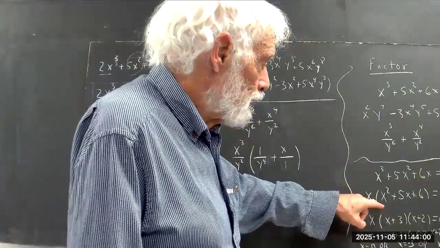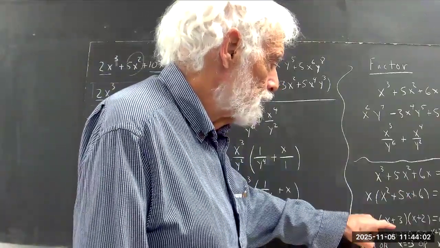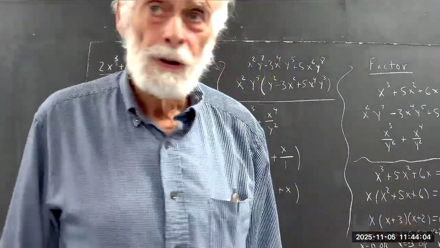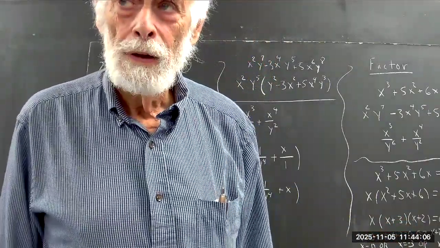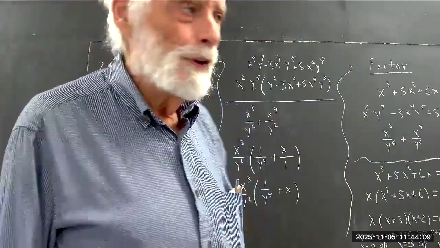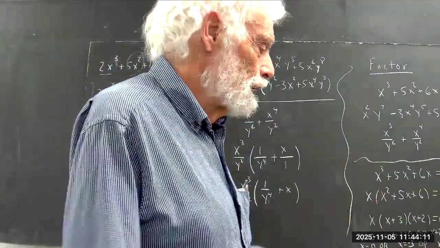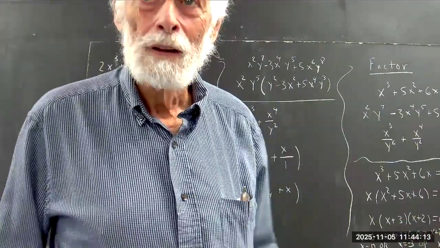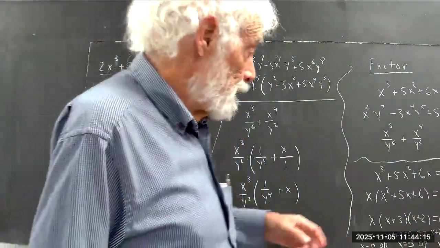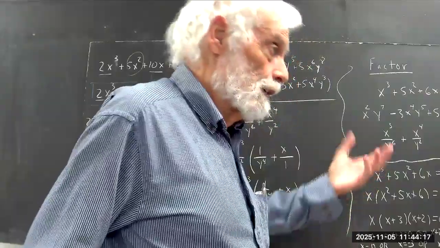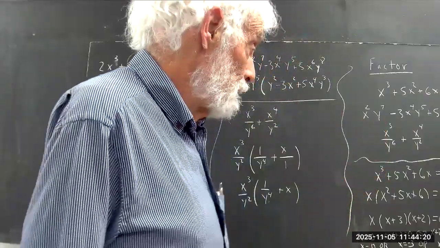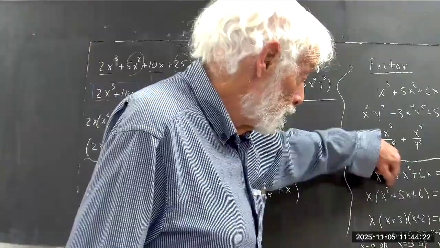Okay. Then I said that x squared plus 5x plus 6 equals x plus 3 times x plus 2. How in the world did I know that? Well, I think I've known this one all my life. Okay, but sometimes I've got to think a little bit when they get more complicated. Not all my life, but 80% of it, 85%. Okay, so anyhow,